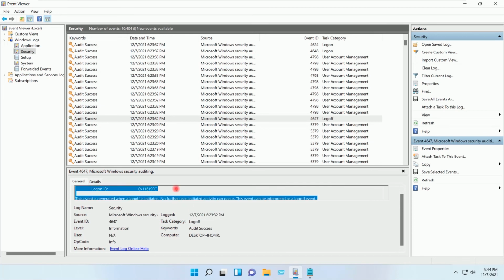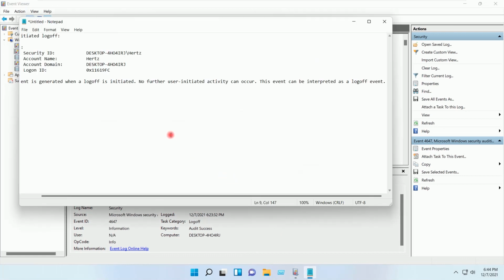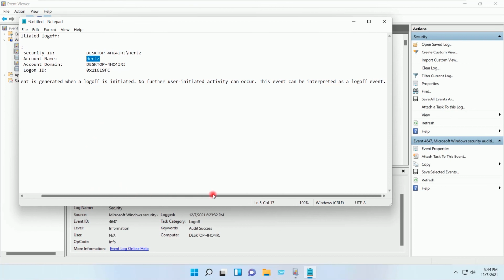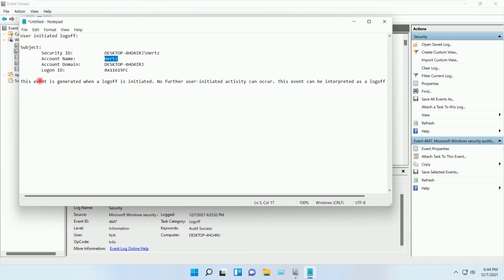I will copy the details of the event and I will paste it on the notepad, and the event was user initiated log off. Hostname backslash username, which means local user, and account name was Hertz, and this is the event detail.